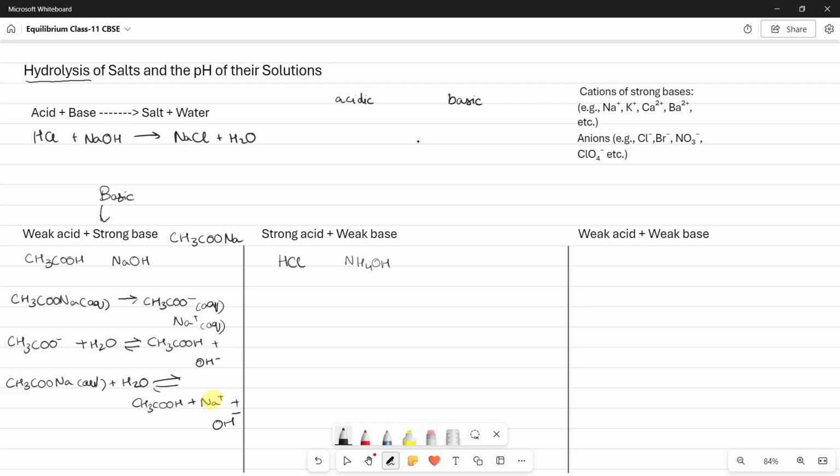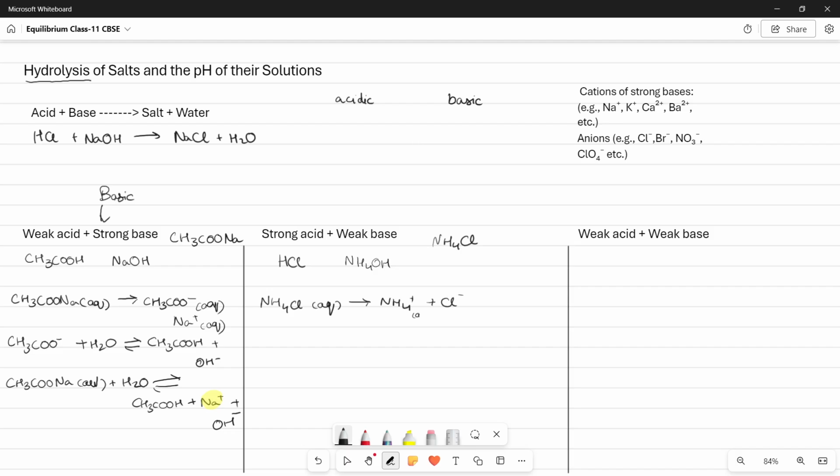Now this is going to give us a salt, NH4Cl. Okay, now the exact same thing which we discussed over here is going to happen here too, but in a slightly different way. Now when we have NH4Cl, this in water is going to give us NH4 plus Cl